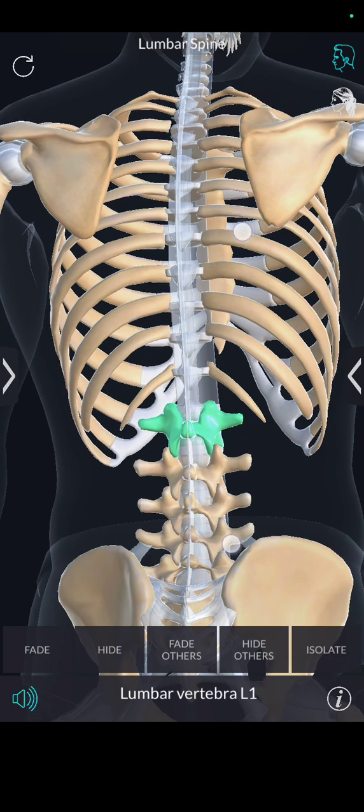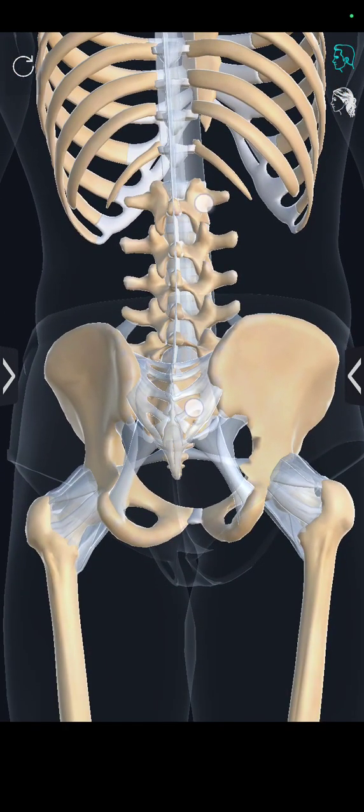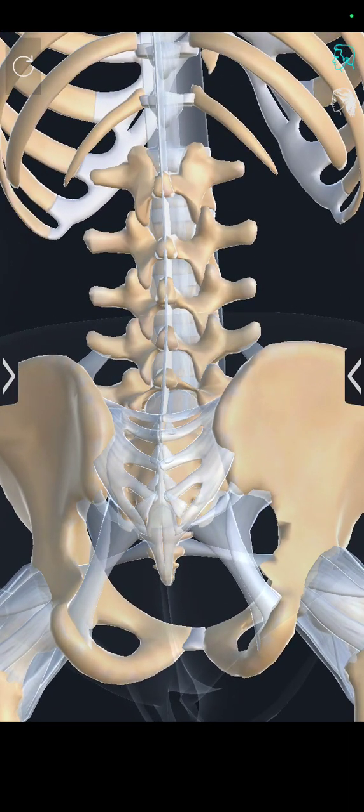The lumbar vertebrae are, in human anatomy, the 5 vertebrae between the rib cage and the pelvis. They are the largest segments of the vertebral column and are characterized by the absence of the foramen transversarium within